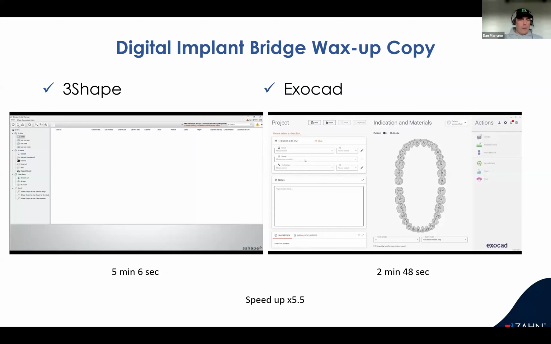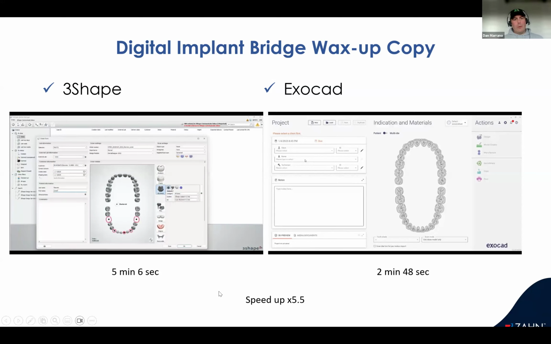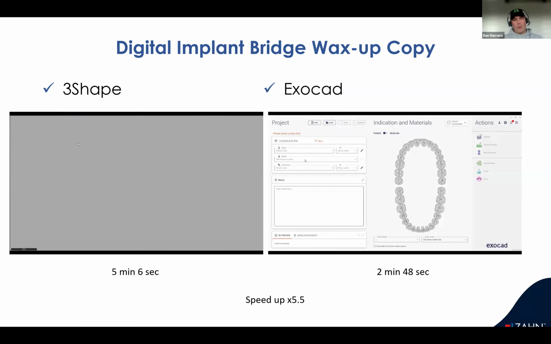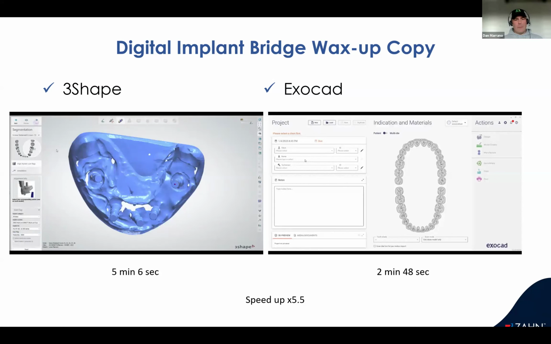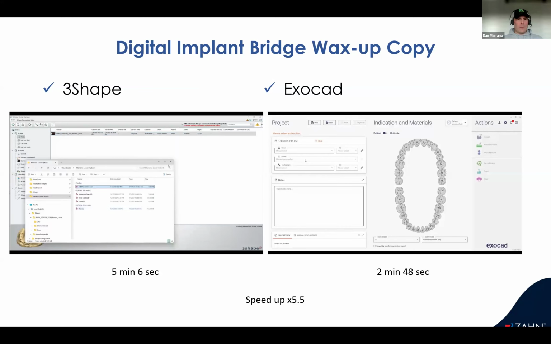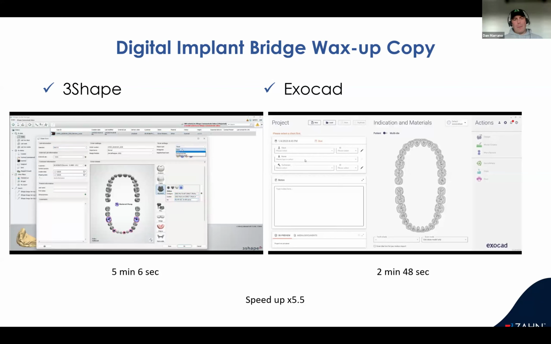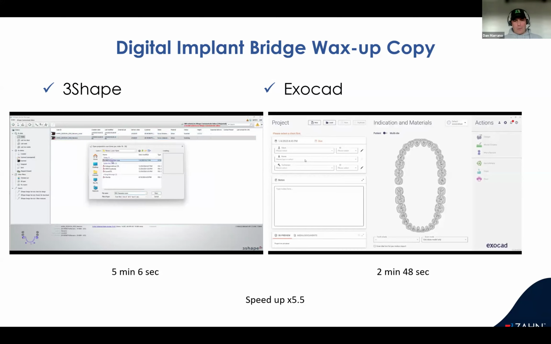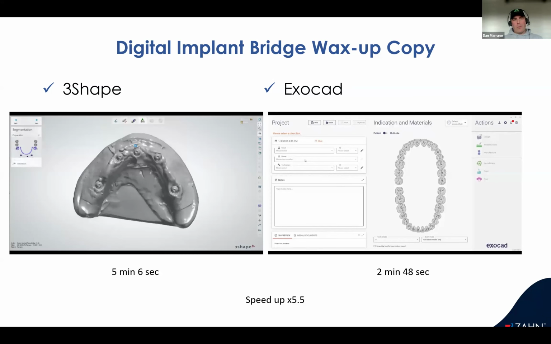For some of you who know 3Shape, you have to kind of create a fake order. You have to do a digital impression order first to get your implant position. And this is sped up. The actual time took just over 5 minutes, which isn't too bad. I was actually surprised. I thought it would take a little bit more. But then from that order, you need to copy the MB preparation, which now integrates your implant coordinates, and create a model order, because digital impression won't take